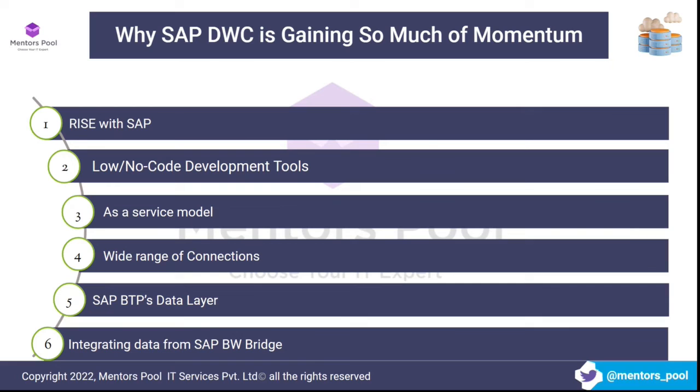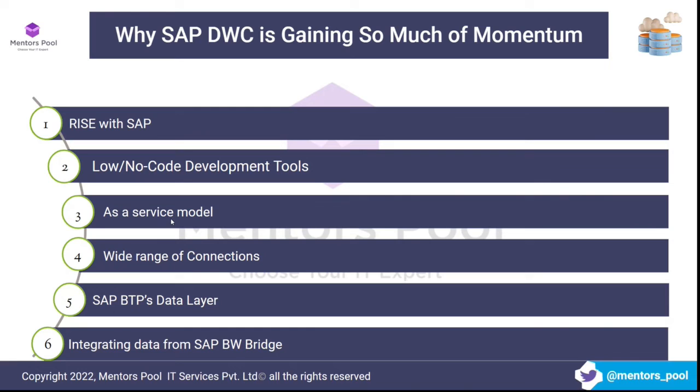So if you enable these types of users with low code, no code tools, then it's going to be good for the business. So that is another hype that is driving SAP Data Warehouse Cloud to the front, because if you take a typical warehousing solution, it's going to be a huge learning curve, whereas here the learning curve is small.